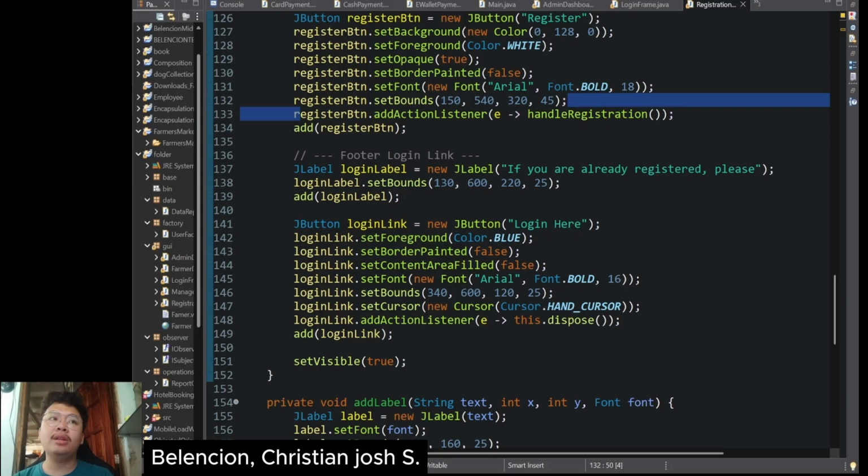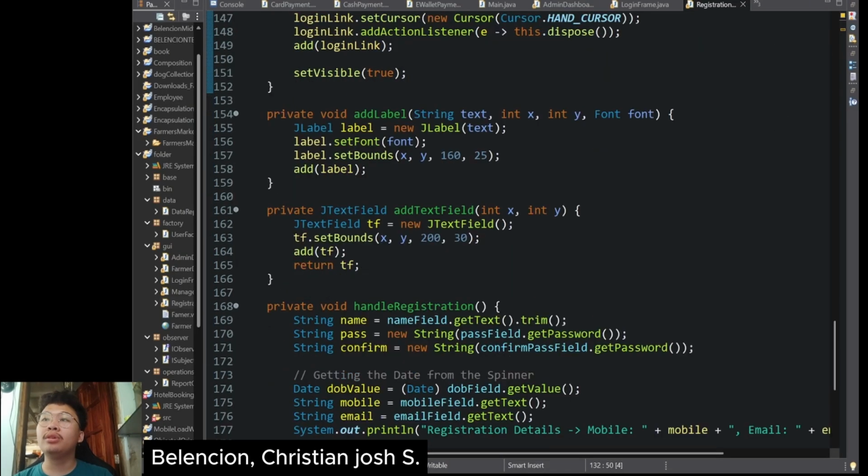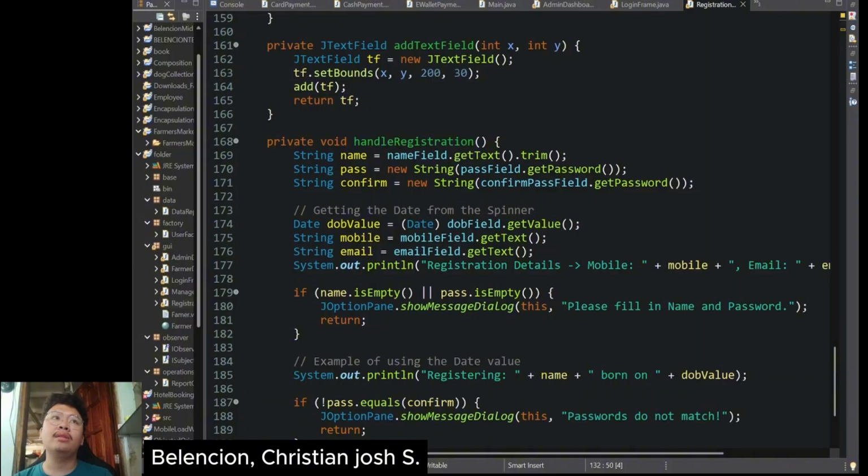The registration page is important because it allows new users to create their own account instead of directly accessing the system, and it also helps organize the user data properly.